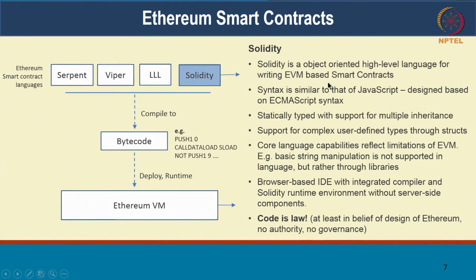A very important philosophical notion for Ethereum smart contracts is the belief that code is really law. Whatever is in the code is the right thing. So there is no auditability or governance. There's no other authority that's going to govern this piece of code. Whatever this piece of code says is going to be executed in a decentralized fashion. And many a time, while this philosophical notion is great from the standpoint that there is no authority, there is no governance, and it's completely decentralized, in reality that becomes